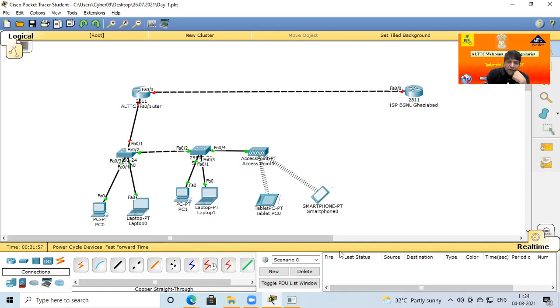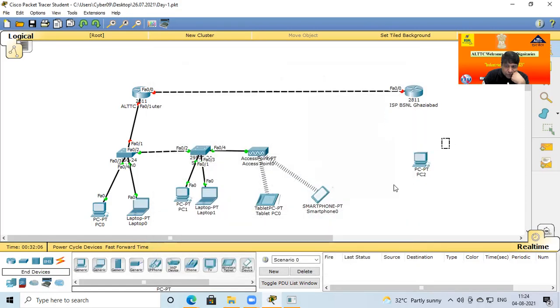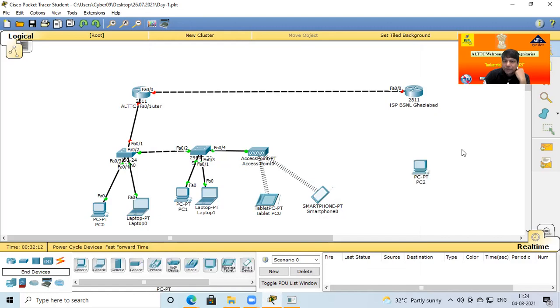Okay. Now on another side, I put one PC more here. If I want communication between this router and this computer, which types of cable are required? Just tell me, give the answer. Router to computer, which types of cable are required? Because both are the same devices or different devices?